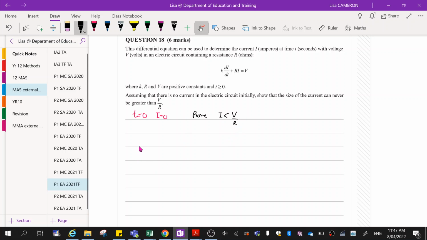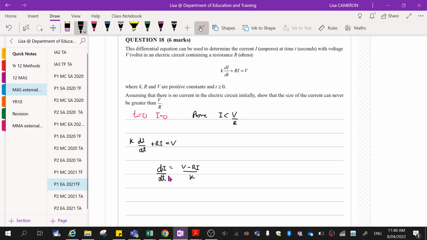First thing I'm going to do is state what we've got, and I'm going to rearrange it into what we want. I'm going to move everything away from our derived expression part there. So this is going to come over and become V minus Ri. I'm going to take K across by dividing everything by K. And that's going to leave me with Di